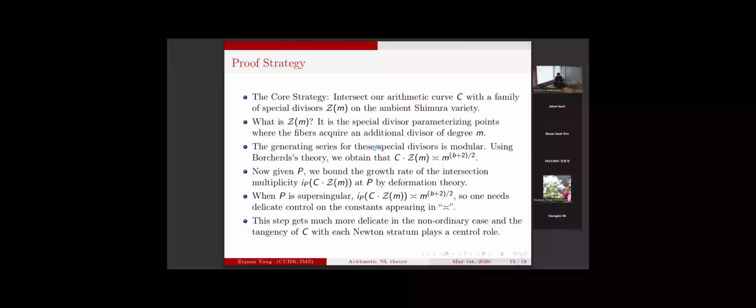Because there are these counterexamples which stand as test cases. So what plays an important role is the tangency of C with each of the Newton strata of your Shimura variety. A Newton stratum is iteratively cut out by some generalized form of Hasse invariant. These are some global functions on your Shimura variety. You consider the order of vanishing of these functions at your point of interest, and you keep track of the order of vanishing, and then you do some huge combinatorics